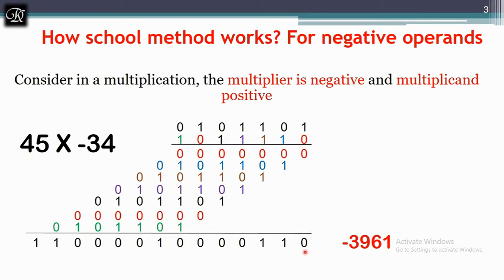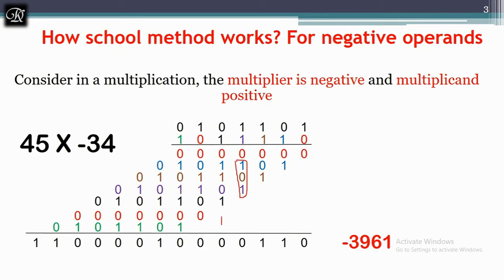I got 0 as it is, and this is 1 as it is, 1 as it is. 1 plus 1 is 0. Carry will be 1 over here. Carry 1 plus 3 is 4. 4 means 1 0 0. I have written 0 over here, and 1 0 will be carry. Now we got 1 0, and here with this part I got 1 0. So 0 I have written, carry will be 1.